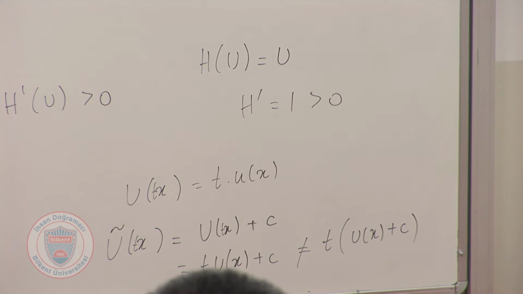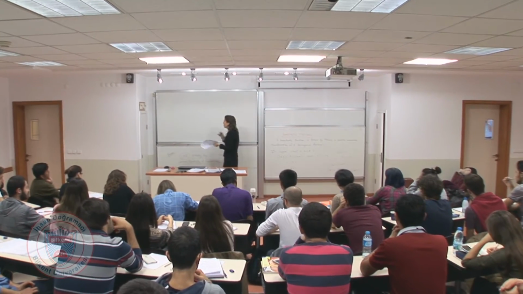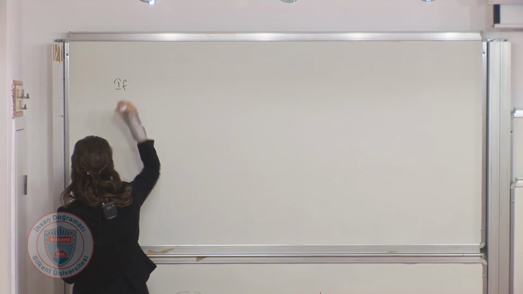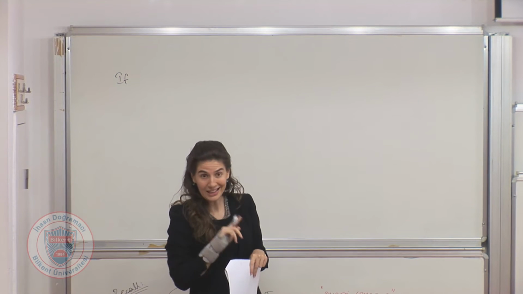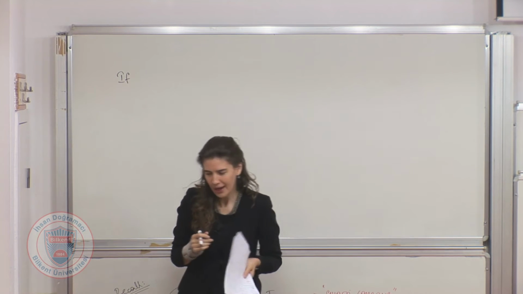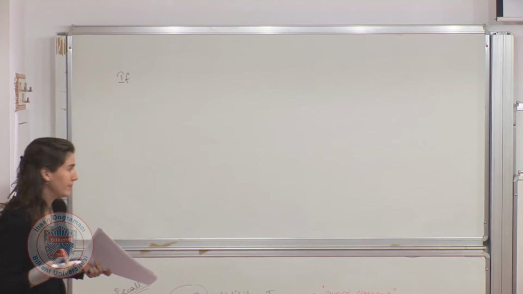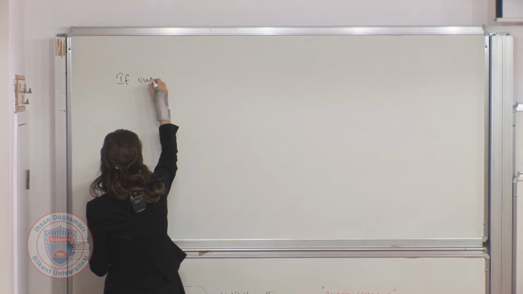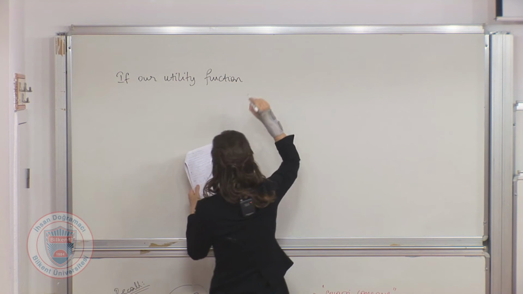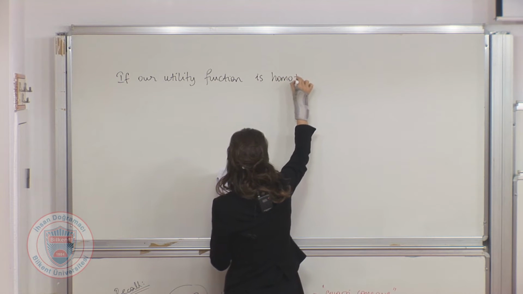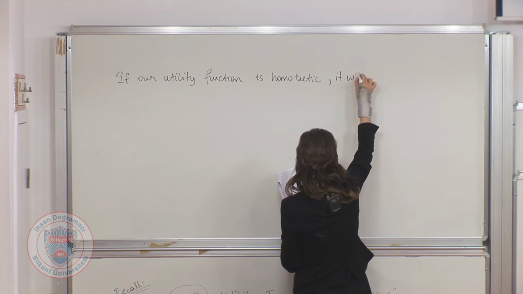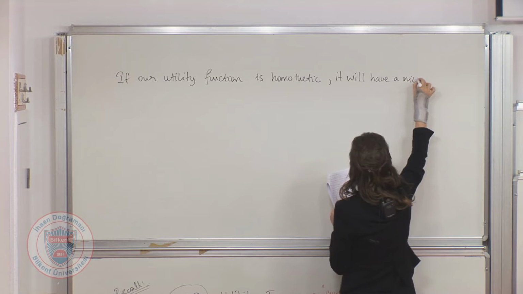But not vice versa. Now, let me write you another claim, and then we'll try to show that this is the case. Then you'll see that these will start giving us some intuition of what this homotheticity means. So we said that if our utility function is homothetic, it will have a nice property